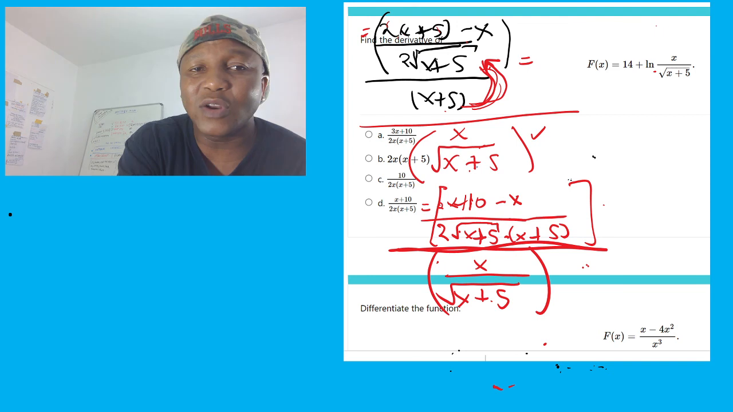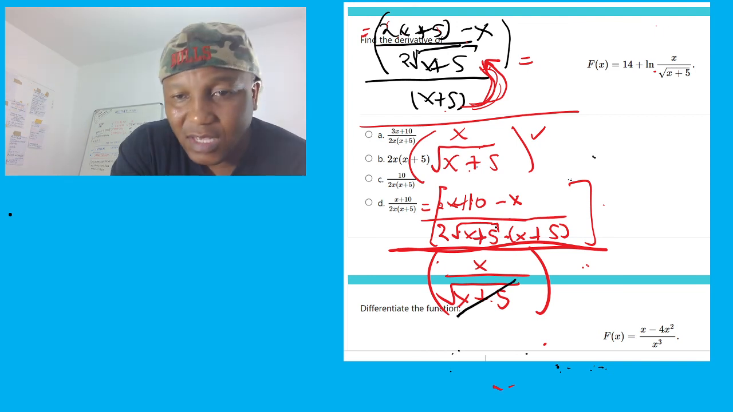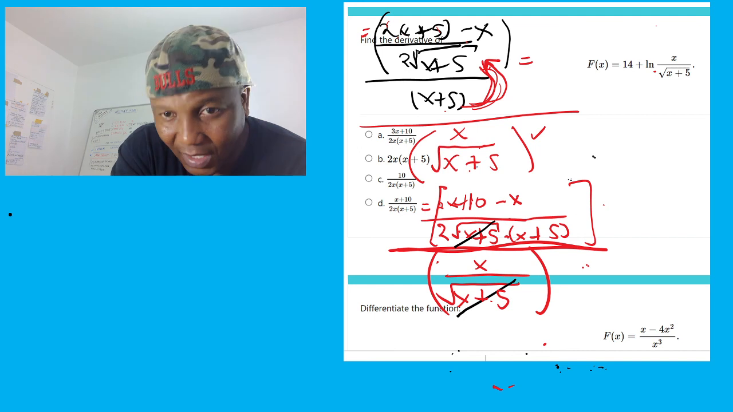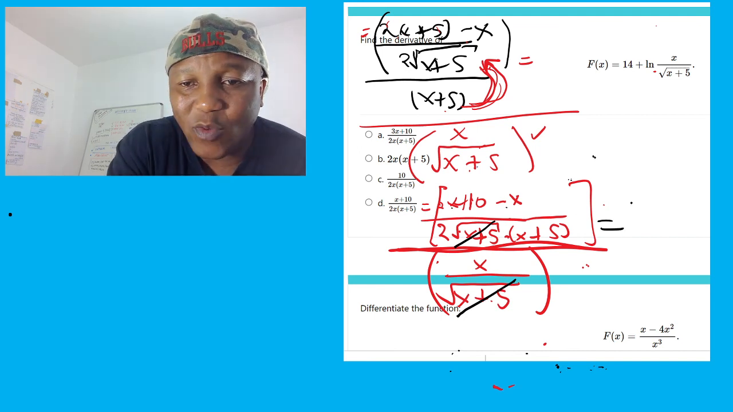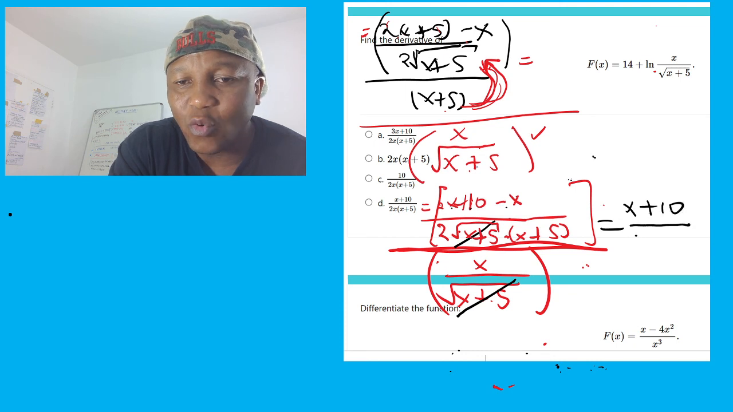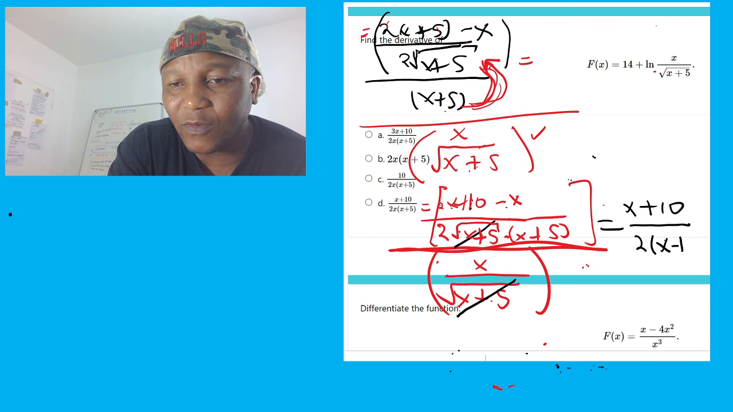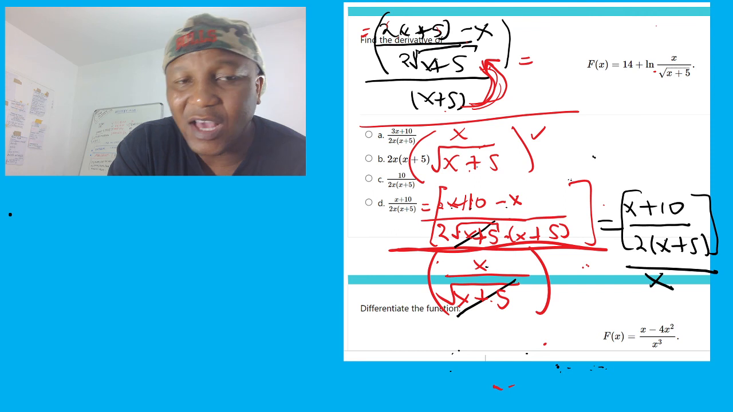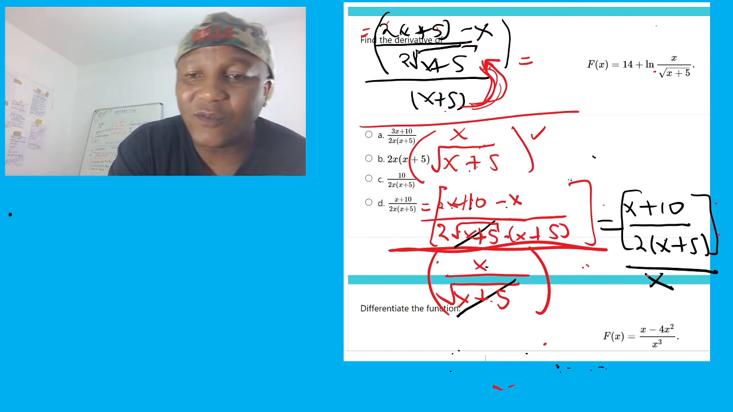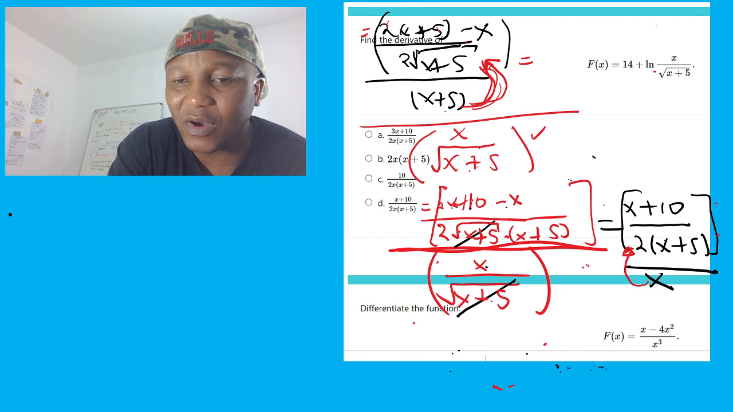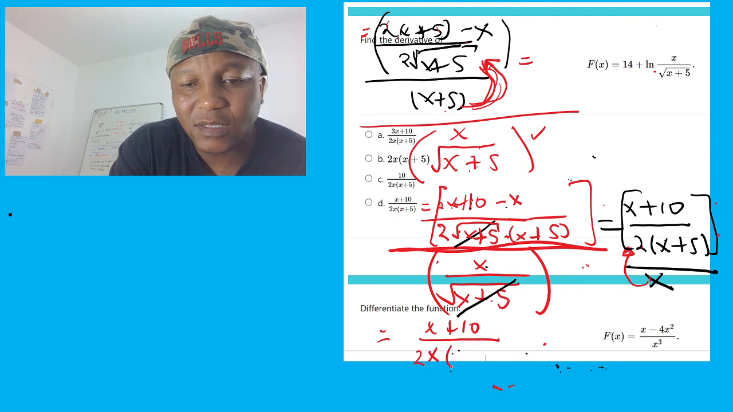So what we're going to do, some of this cancels. Look, this and that is going to cancel. Okay, and then we're going to have 2x minus x equal to x plus 10, and then we over 2 times 5, and all this stuff here over only 1 x. Remember now, if you have something, this can come here at the bottom. So finally we're going to say it is equal to x plus 10 over 2x, and then x plus 5. So for this case,